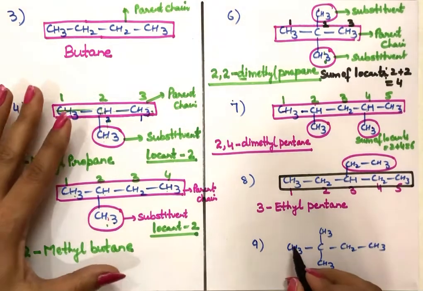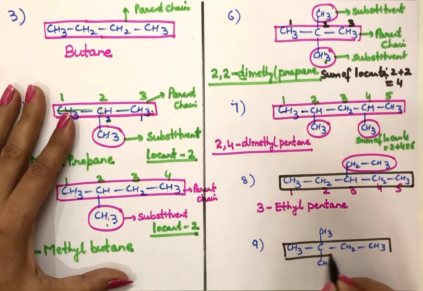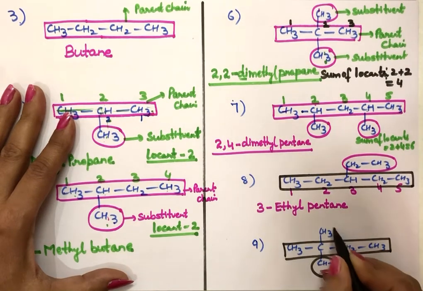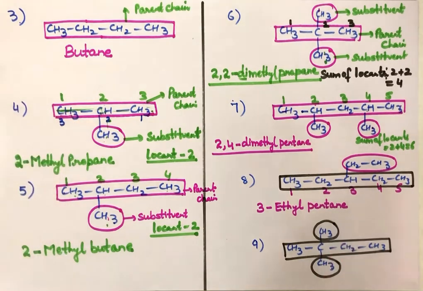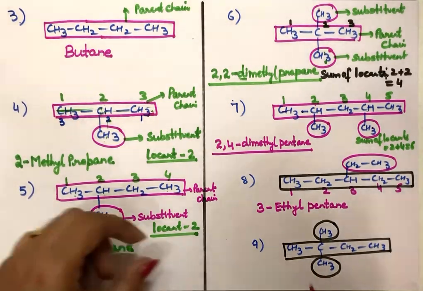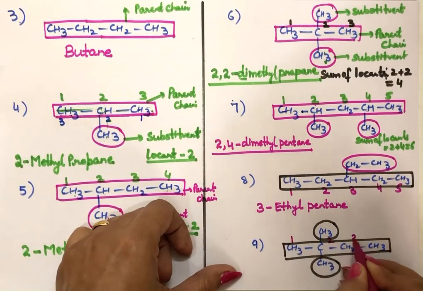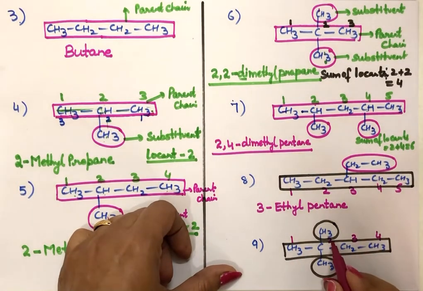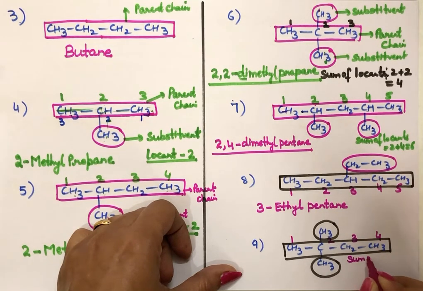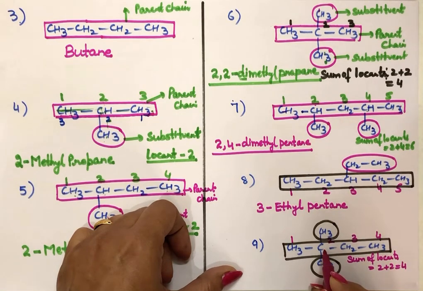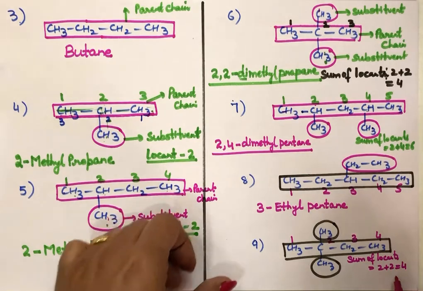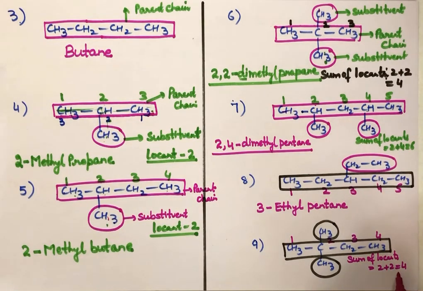Next question. This is a parent chain with 4 carbon atoms. These two are not included in the parent chain. Now numbering of the parent chain, we'll do it from left to right, not from right to left here. Because here the sum of locants is, both these substituents are with the second carbon atom. So it is 2 plus 2, 4. But if I do the numbering from right to left, the substituents' position will be 3. So the sum will be 3 plus 3, 6. So do the numbering from the side which will give us the lowest sum. That means from left to right.